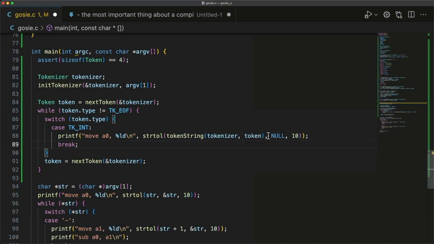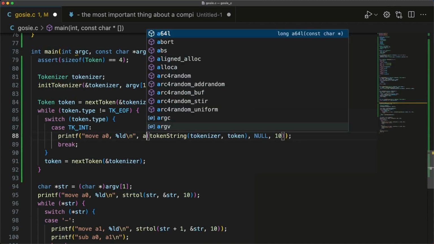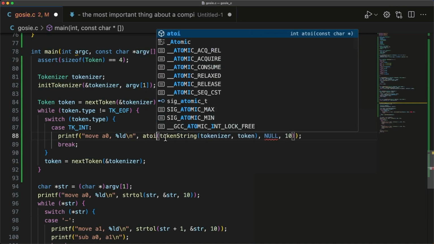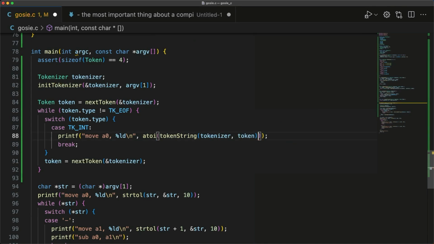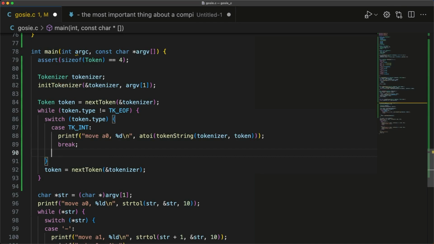Yeah, I think this will work just fine. I don't think we need to use start at L here. Probably just use A2I. Probably. And then